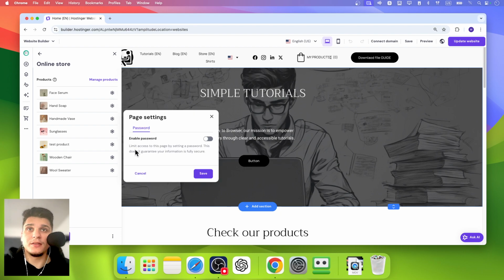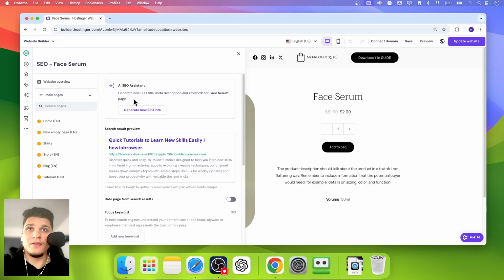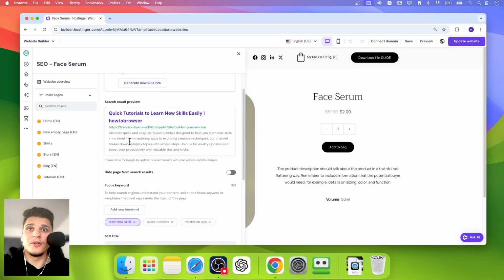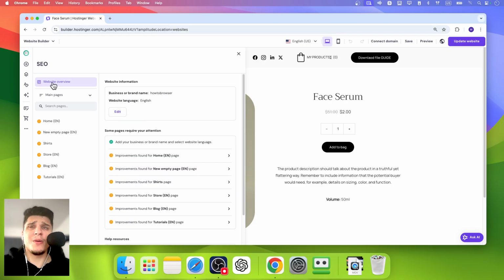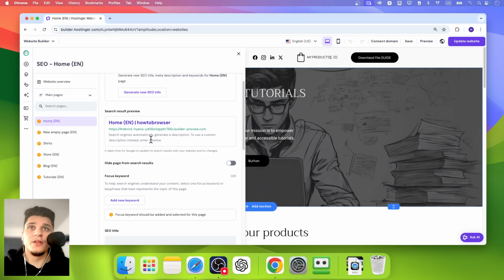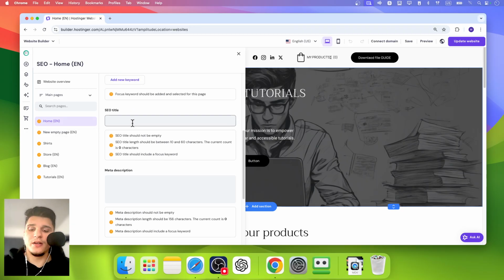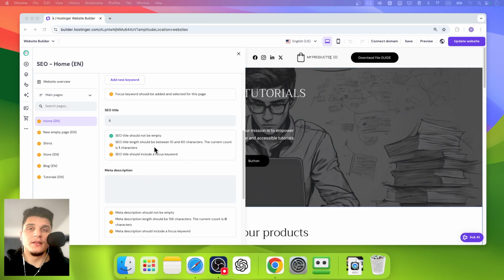You can enable password protection, so limited access to this page by setting a password. You can also click on here and edit the products, and you also have SEO settings from here. You can also have here the website overview. You have the language, which is set to English here, and of course you can improve the SEO. You can add here meta description, SEO title,